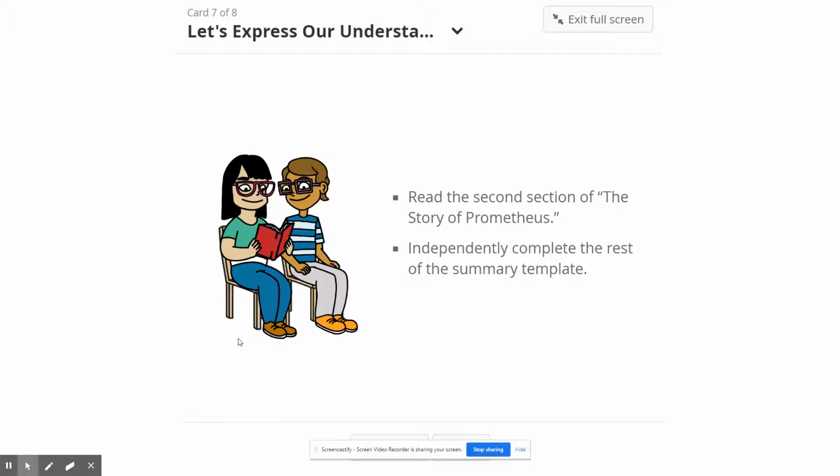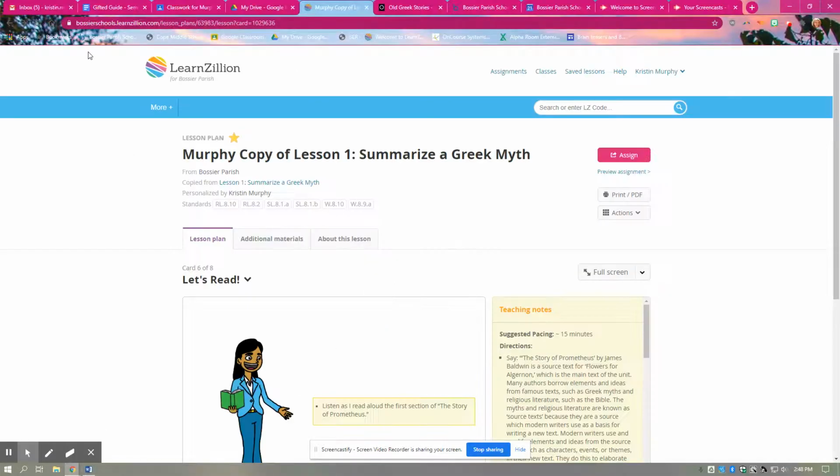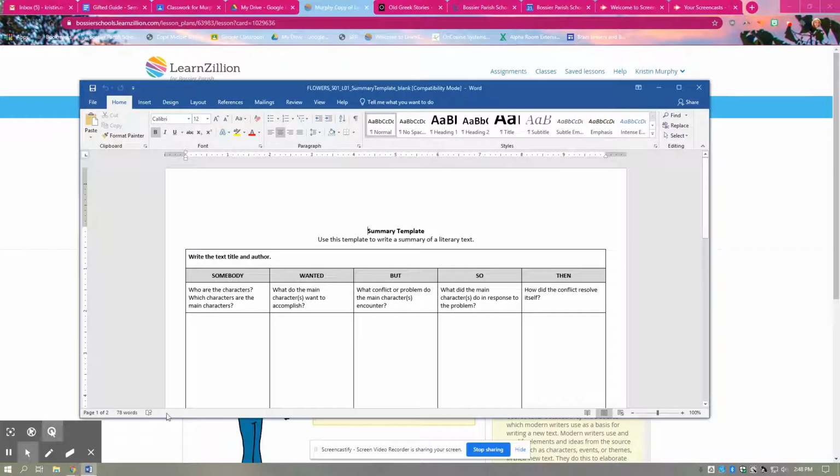So what we're going to do now is look at the chart that is in your student materials handbook on page 8, and it's asking you to basically summarize what we just read. It looks like this summary template right here. And it wants you to first fill in the text title and author. So in this case, the text title and author is